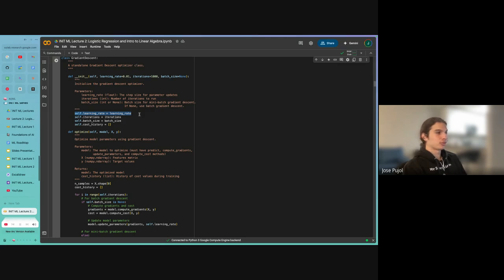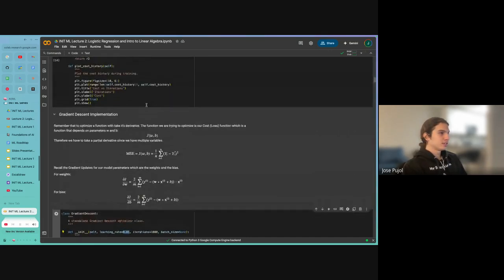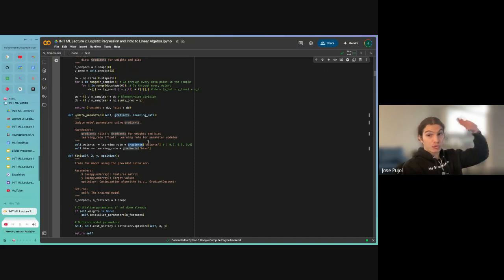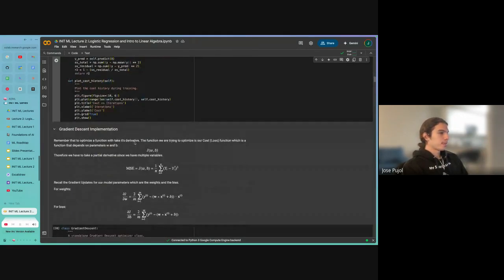If you update your model too aggressively, your model will actually not converge. And so it will just bounce around and your cost will actually get higher. I'm actually going to show you an example of that when we train. But you actually want your learning rate to be small at first. You see here it's 0.001. So that means from that gradient that we're getting, we're actually just going to take 1% of this direction. So we're going to move 1% in the direction of the gradient in order to slowly converge.